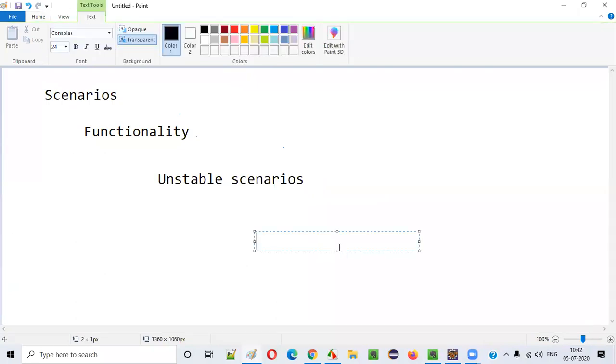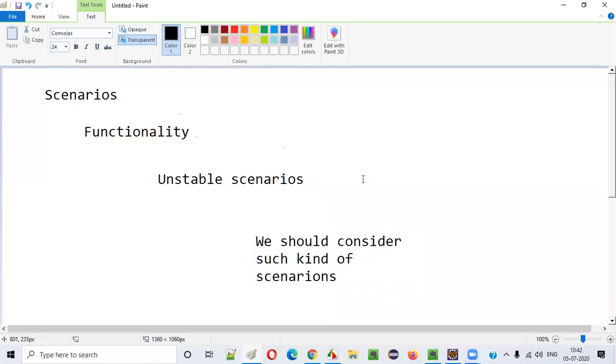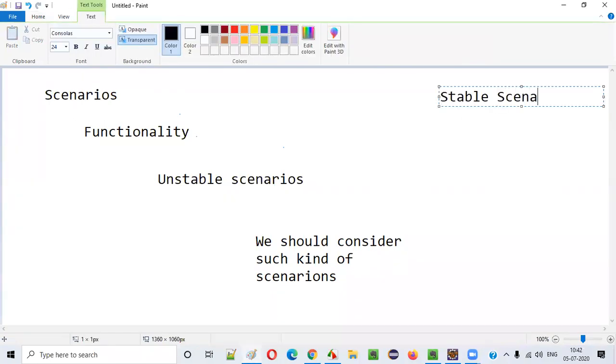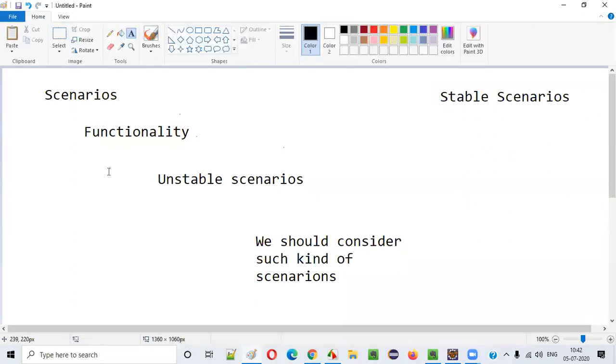Yes, you are right. We should not consider such kinds of scenarios. So which kind of scenarios do we have to automate? Stable scenarios we have to automate, guys. When someone asks you to automate unstable scenarios, you should not do that. You may get things ready, but should not finalize them. Scenarios and functionalities which are very stable, which don't have any defects, and where developers are not working on that scenario anymore, such scenarios you need to automate. Scenarios which are working fine should be automated. That's correct, guys.